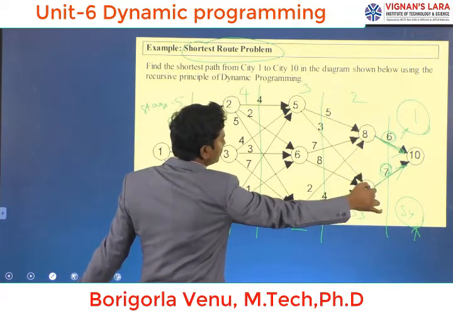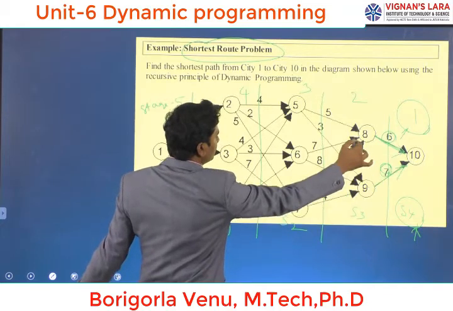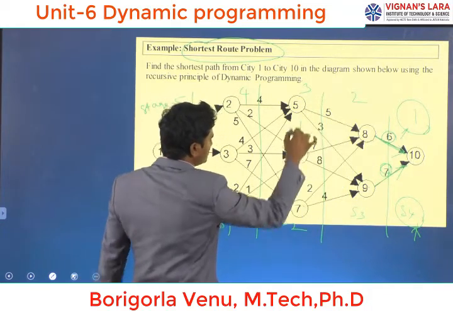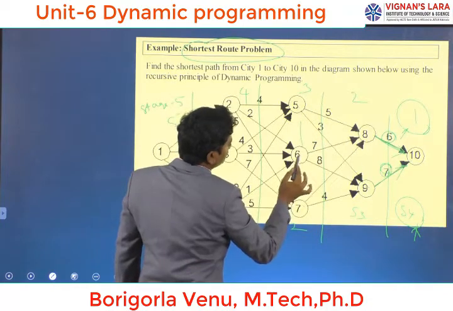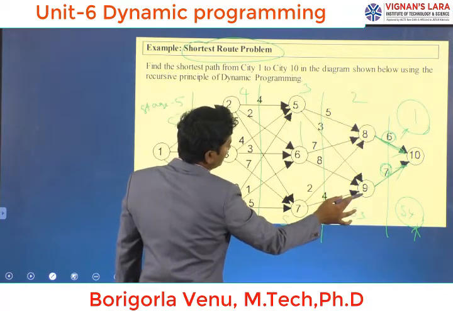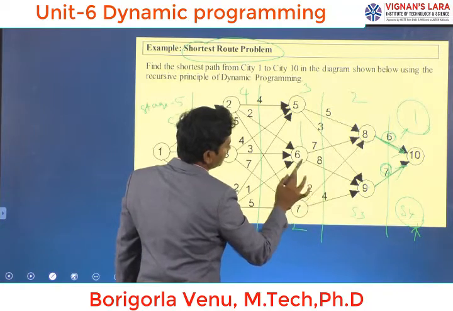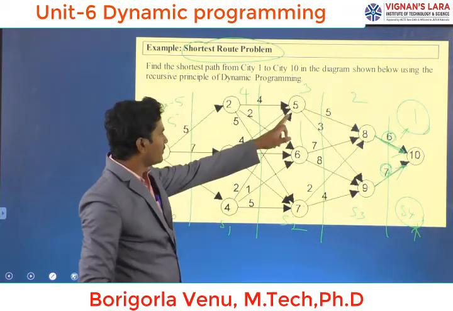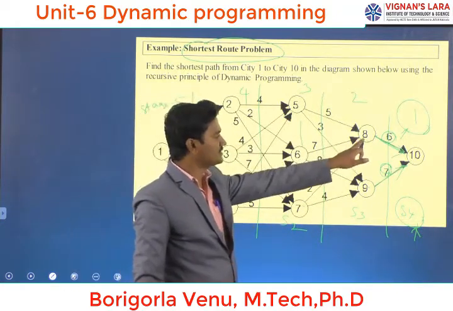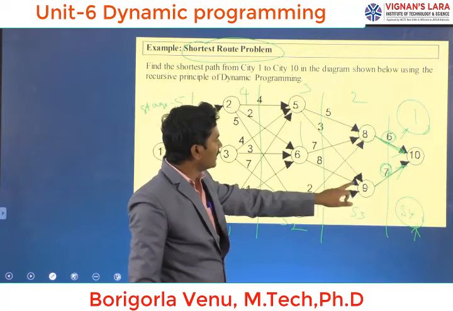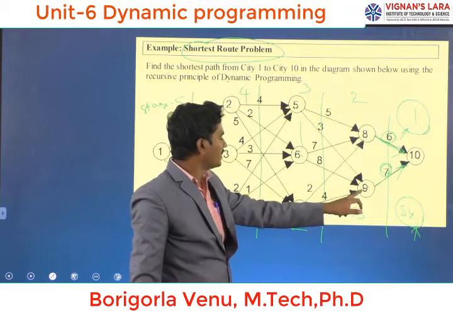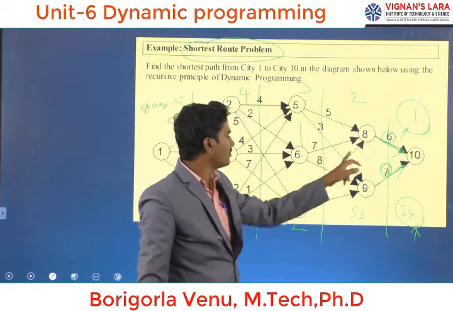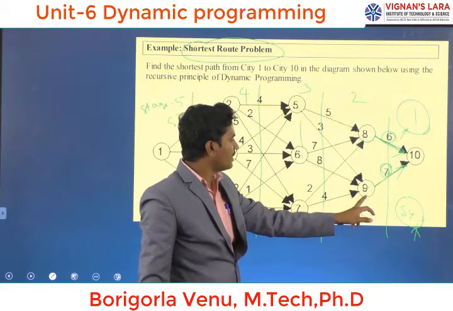These 2 destinations are connected with 3 sources, 3 stations. From 8 is connected with 5, 6 and 7. Similarly 9 is connected with 5, 6, 7. It means from the 5th station to the 8th station we have one road, and 5th to 9th we have another road. Similarly 6th to 8th we have one road, 6th to 9th we have another road, 7th to 8th we have one road, 7th to 9th we have another road.